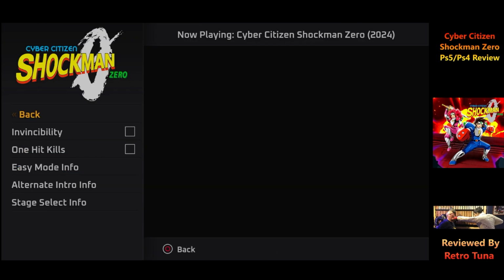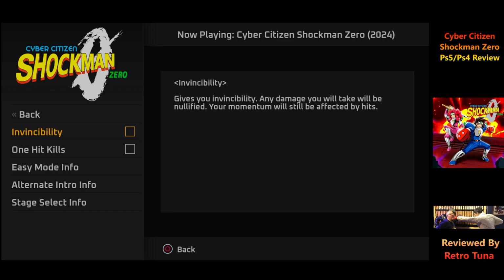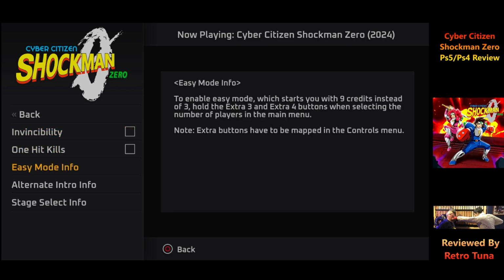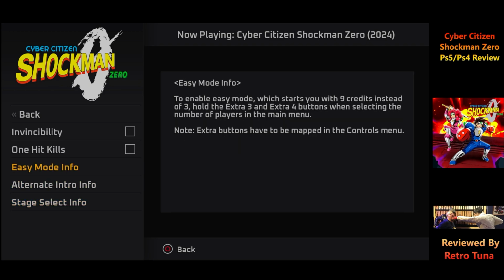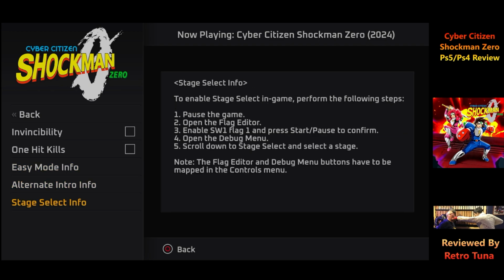In the cheats options, which is quite nice, you've got invincibility, one hit kills, so basically you can kill all the bosses and enemies in one hit. You've got an easy mode sort of info. You've got Altern to give you info about all the extra stuff you can do. But this involves the debug and the flag menu. So once you set a button to that, you can get into all these options and add loads of extra